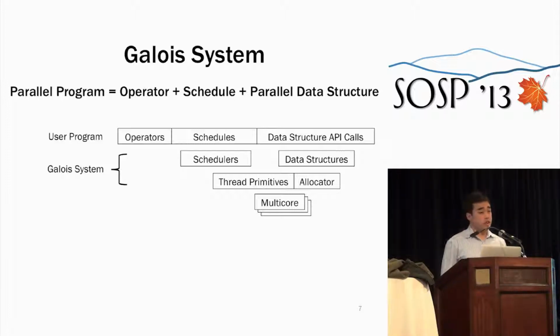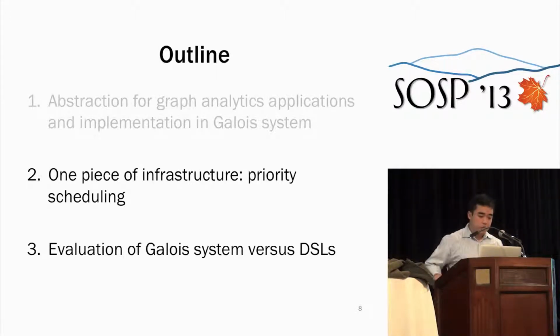The results I'm presenting here are results on a multi-core machine, but we actually have results using GPUs, large-scale NUMA machines, and distributed memory systems. So that briefly summarizes our abstraction for graph analytics, namely, parallel programs equal an operator plus a schedule plus a parallel data structure. Now I'm going to describe one improvement that we did to the Galois system to support graph